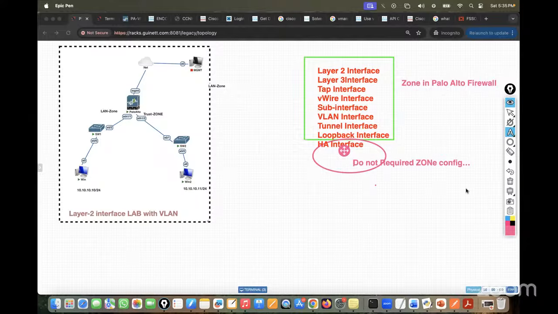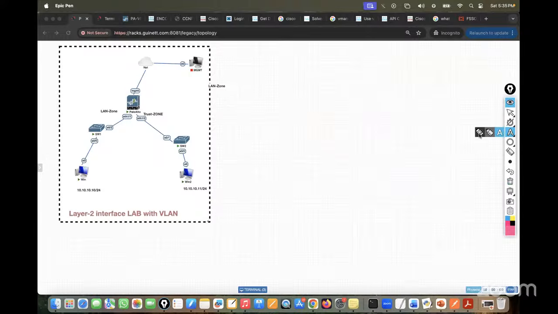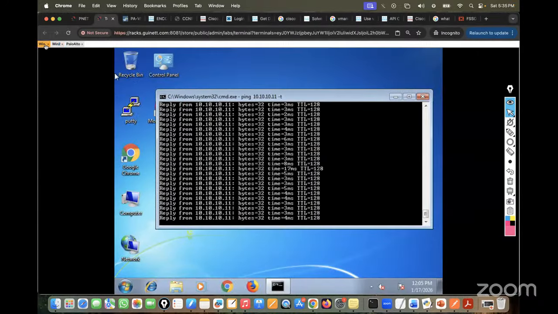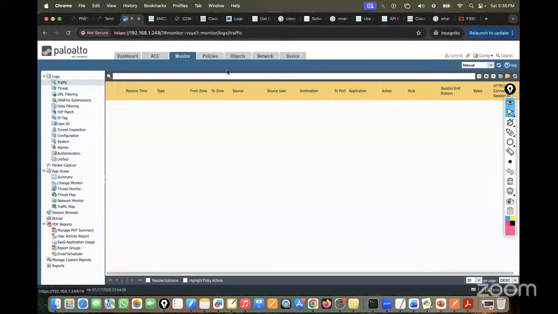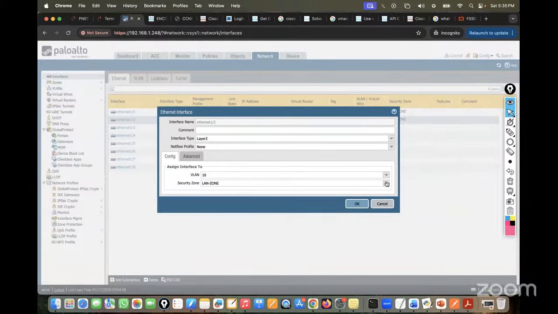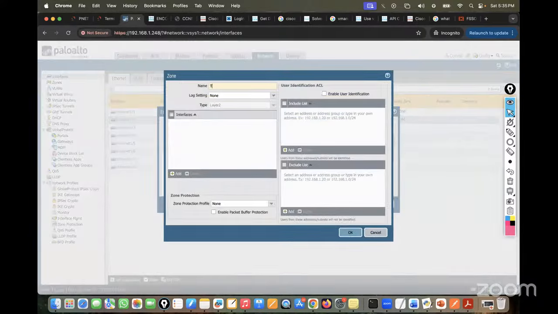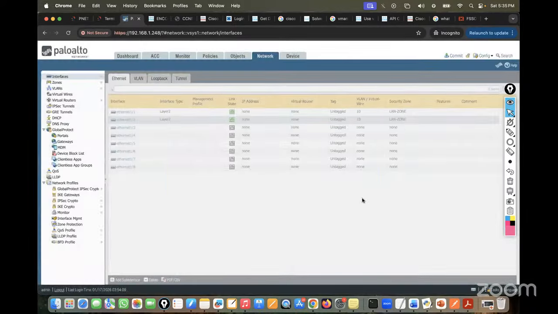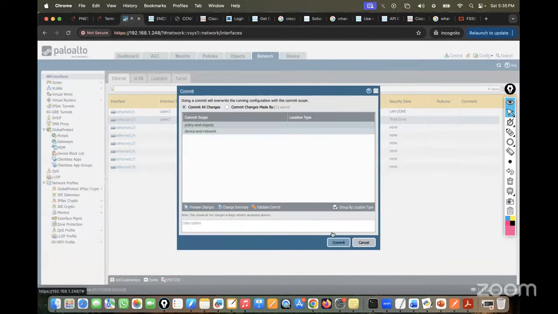Now, what is zone? I will explain. But let's see, earlier my zone was same. Earlier my zone was LAN, here also was LAN. So my PC started doing the communications without any issue. But now I'm going to change the zone on this interface to trust. And let's see, will it still communicate or not? They are talking right now. You can see these two PCs are talking, but I will go on the network interface, and change from LAN zone to trust zone. So I will create one of the zone. This is known as the trust zone. I'll click OK. The moment I will commit this,